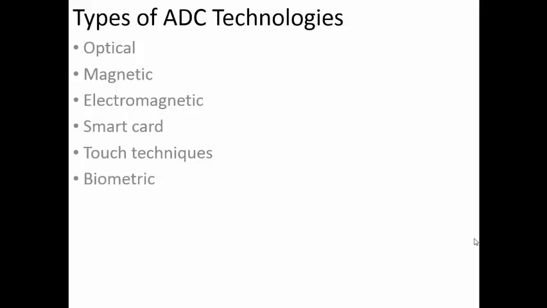The next one is electromagnetic. Electromagnetic systems use electromagnetic waves, maybe radio frequency waves, which are going to detect the presence of the RFID chips which are located. The RFID chips will have some embedded data which will be read. You will have a transmitter which is going to send out the signals. The chip will receive the signals and then transmit the signals again, which will be read by the system, so that we know what exactly the component is present, or the information can be read using the RFID chips. So that is the example of the electromagnetic.